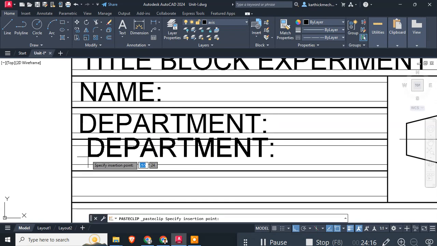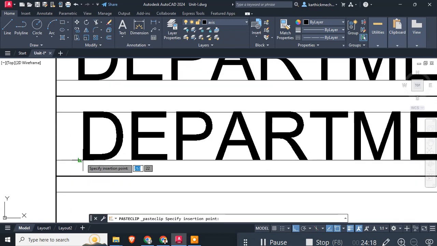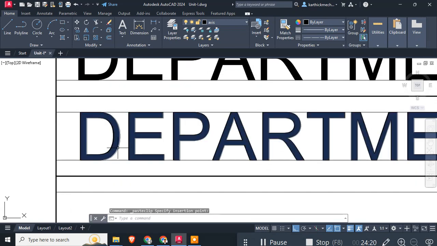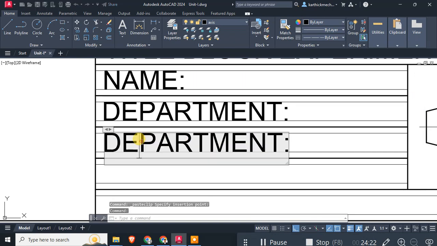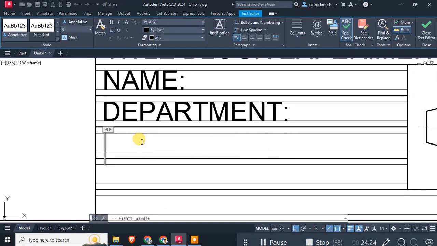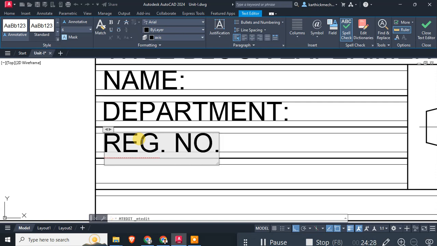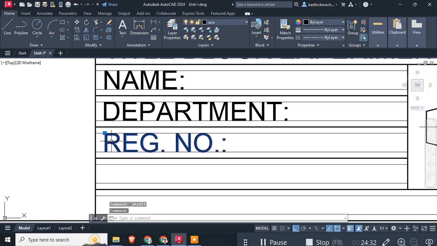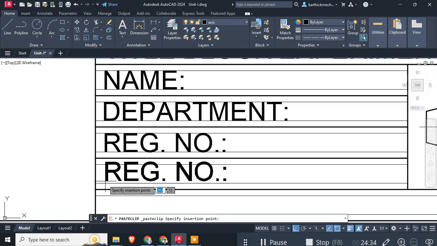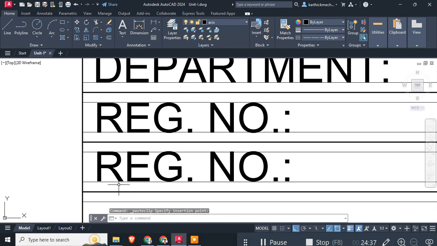And Control C and Control V. Using that, you can slightly zoom in, and then you click this, your registration number, and then select the particular text and Control C, Control V,